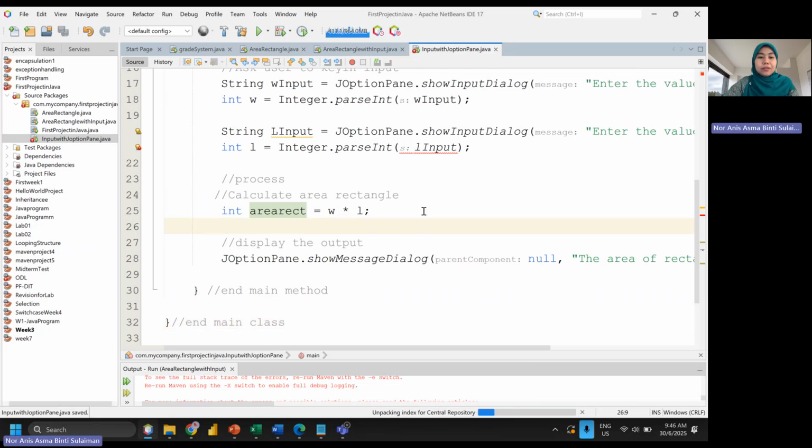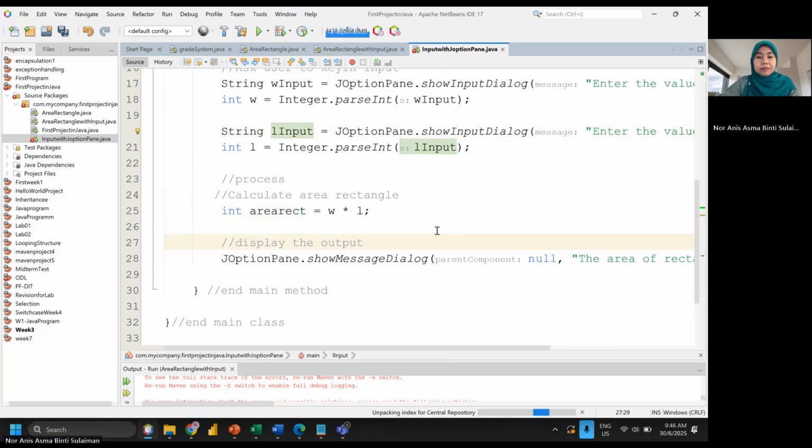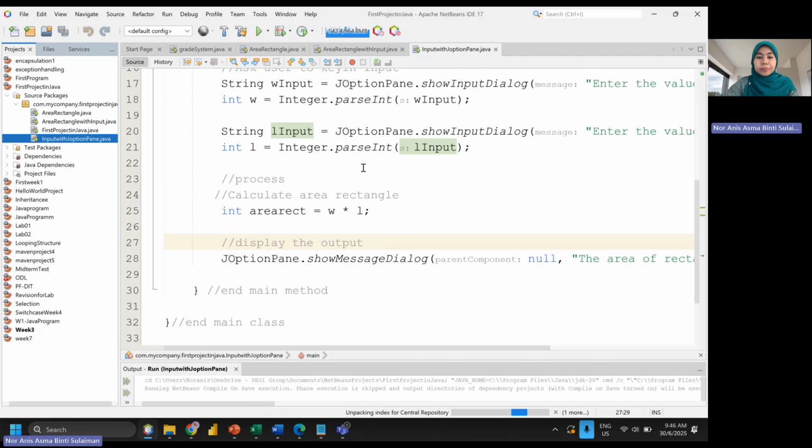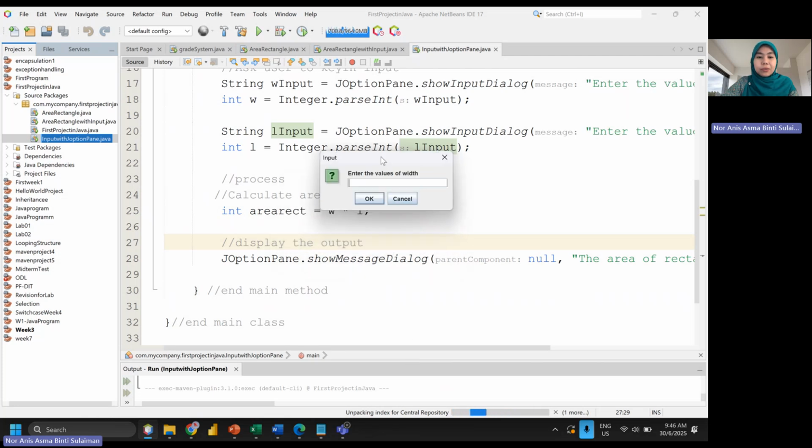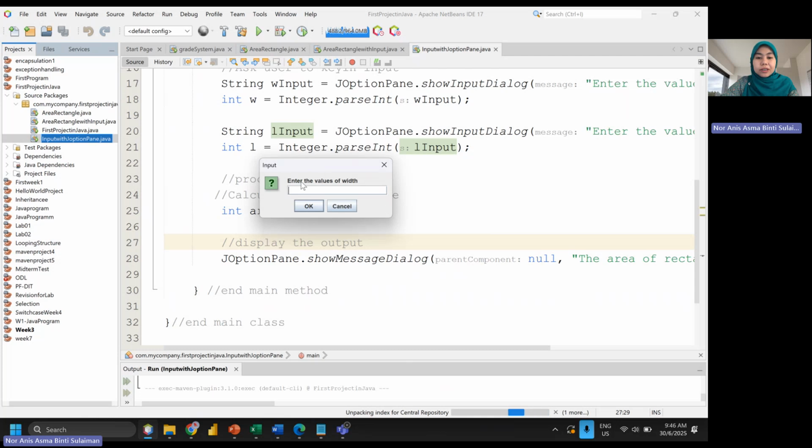So I save it to see the exact result it gives. I run it here: right click, Run File. You need to wait for a while while it checks the errors or the code. If there is no issue, one simple box will appear, which we call the input box. So you need to key in the value.